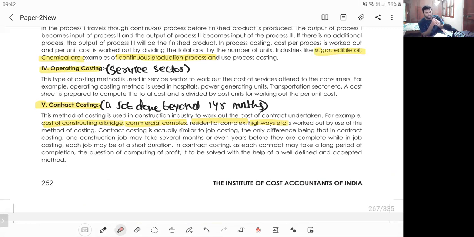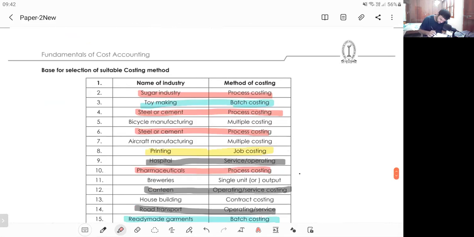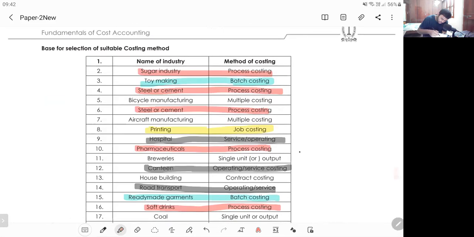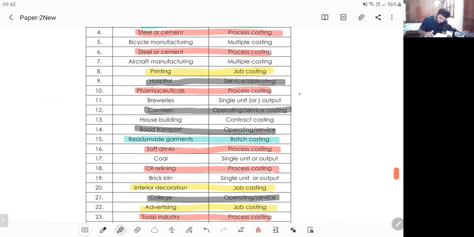Now, say for example, in Hyderabad, metro construction is going on. They started the metro construction 5 years back, before I did my CA, and even today, metro construction is going on. In these cases, the accounting or costing part will be different. So here we learn a special technique called contract costing. Basically, it will be used in buildings and constructions, like house building.